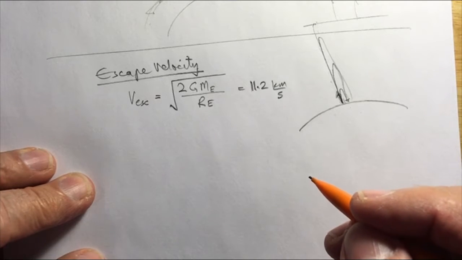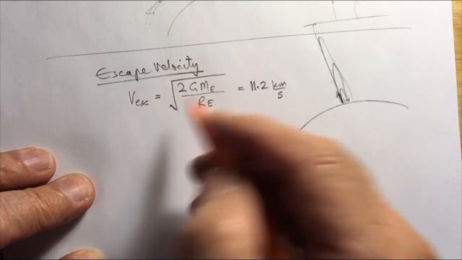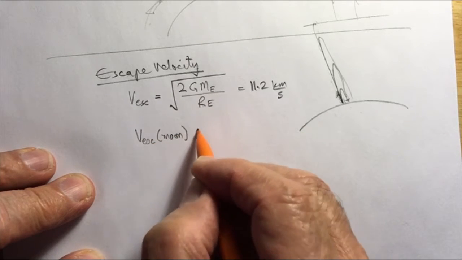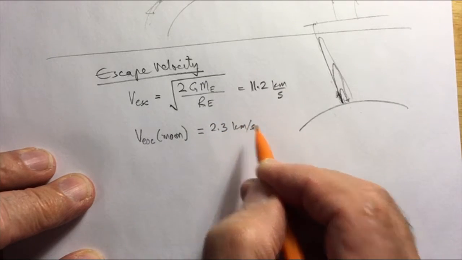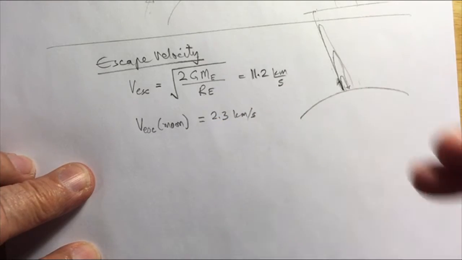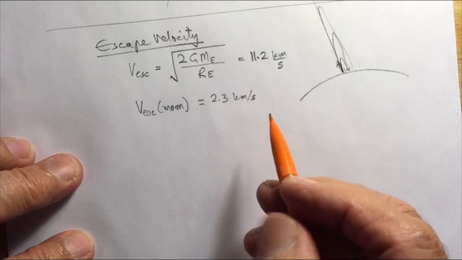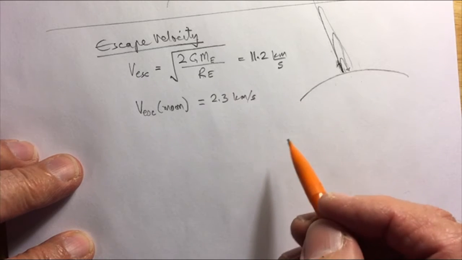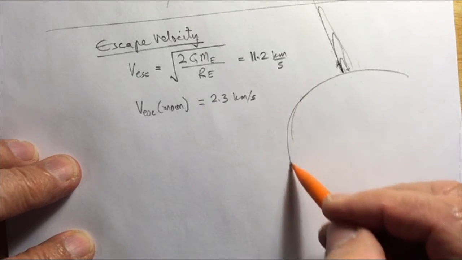Now, for the moon, the mass of the moon is smaller and the radius is also smaller. When you plug in the numbers, the escape velocity for the moon is 2.3 kilometers per second. So from the moon, it's much easier to throw something up that would never return. And because the Earth is so much bigger and heavier, when we take a satellite from the Earth to the moon,